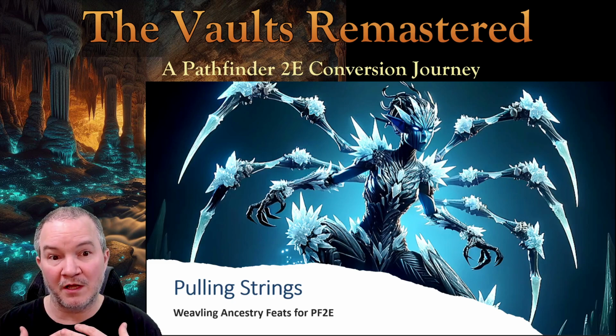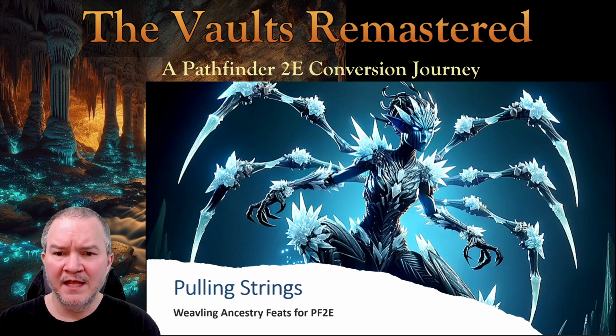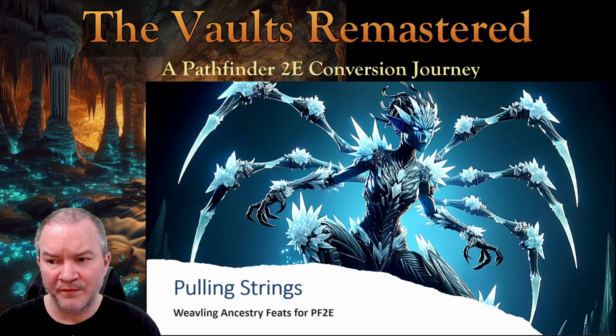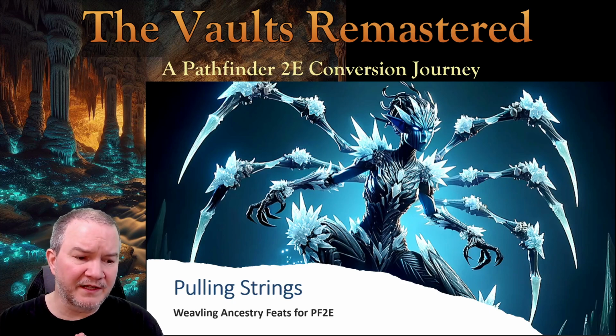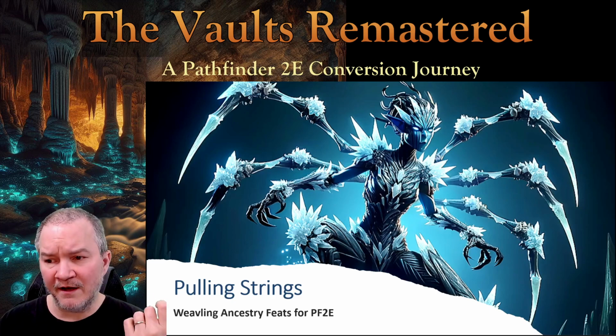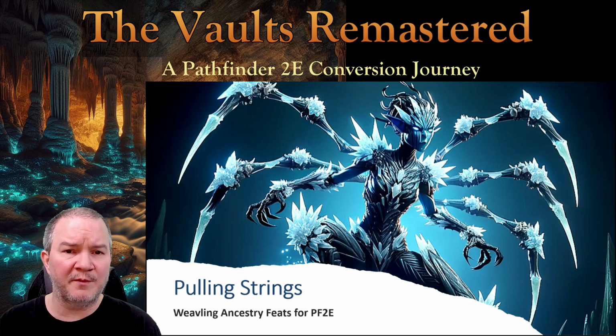Session 4, Weavling Ancestry Feats. That's what this one's all about. This is my homebrewed version of the Chitine, a D&D monster. I am turning it into a Pathfinder 2nd edition Ancestry. This episode, Pulling Strings, we're going to look at the feats that I've created to go along with not just the ancestry itself, these spidery creatures, but also with the 6 heritages I just got done talking about in the